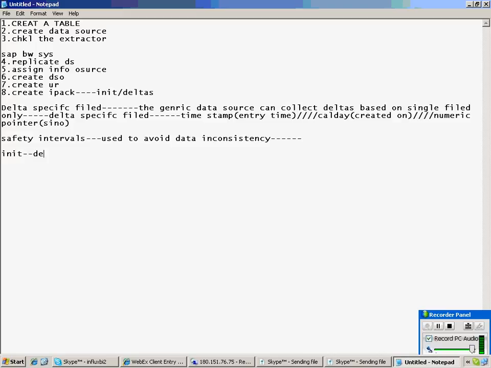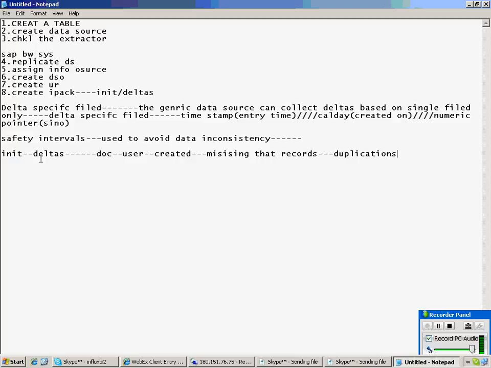Assume that I have done initialization and I am running deltas. While running deltas, a document is getting created by a user. If it is saved, well and good, it's going to be collected. If it is not saved, there is a chance of missing that record. Sometimes it can even cause duplications also. Getting my point?